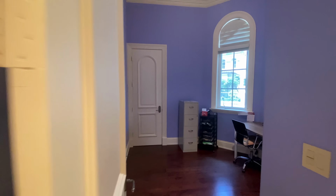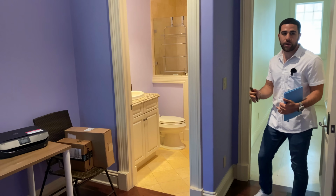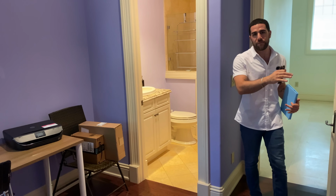And then on this side, I don't remember what's over here. Oh, so on this side we have kind of like the housekeeper's quarters. It has its own closet, its own bathroom. It's right by the garage, so they can actually just come in through here and they don't have to walk in the more private areas of the home. And then coming through the garage,